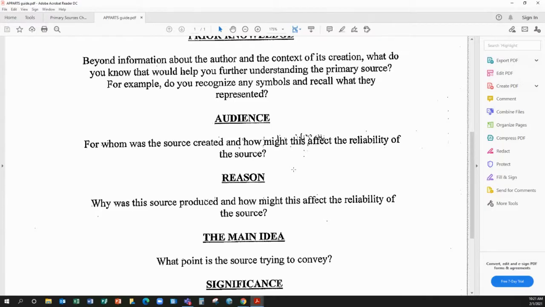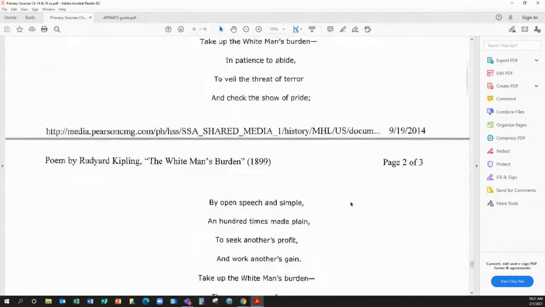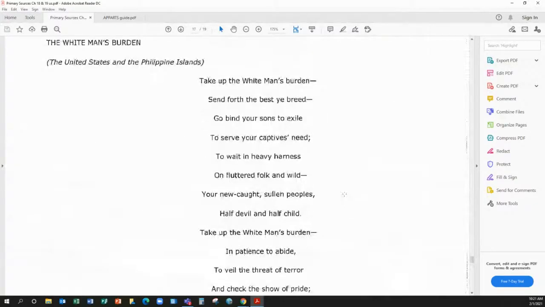The reason it seems to be, if you look through the poem, that he is pointing out that you are going to invest through imperialism, you're going to invest a lot of lives, a lot of money, a lot of time, a lot of toil, and it's going to be thankless. And he uses some pretty graphic language to demonstrate this. If we go back, he compares Aboriginal people, which is basically just natives of whatever area you're in,